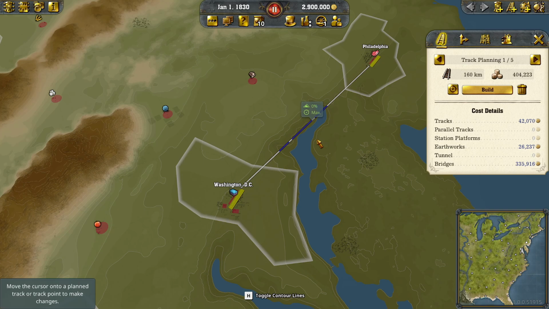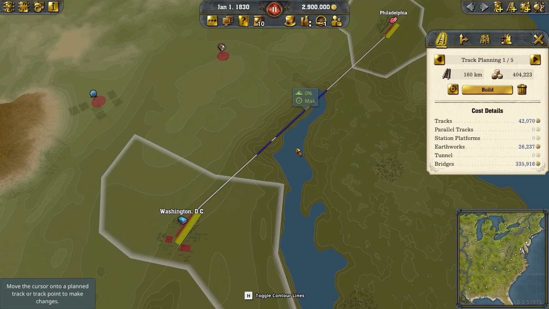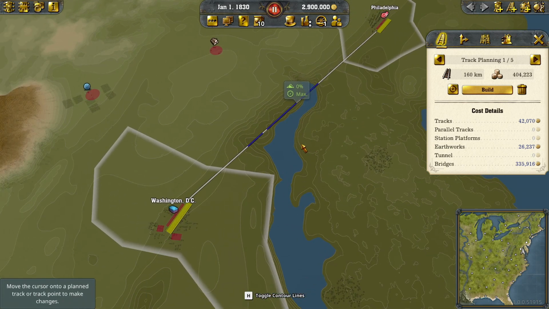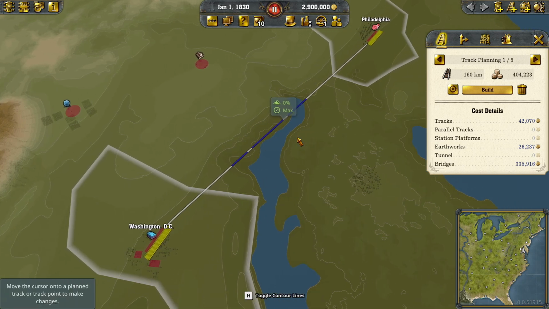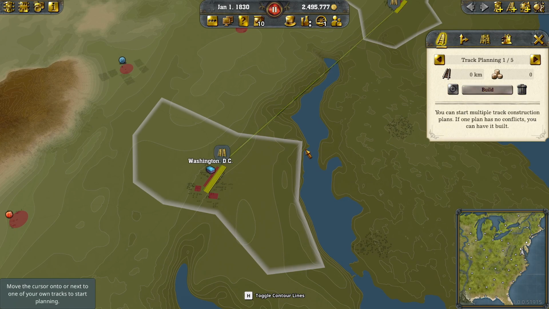Now you can change, of course, the way, and sometimes you have to, but keep in mind that the more you change it, the more reduction in speed a train will have. Meaning every time you have a curve in it, every time it goes up or down, the trains have to slow down, or they will slow down, and over time it's not very efficient. So you want to have the straightest line possible, if at all possible. So we're going to build this by clicking the execute planning, and now